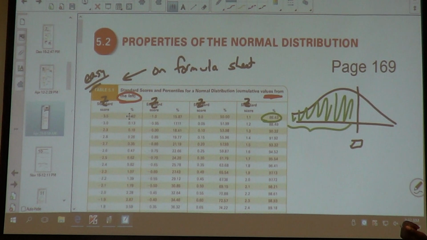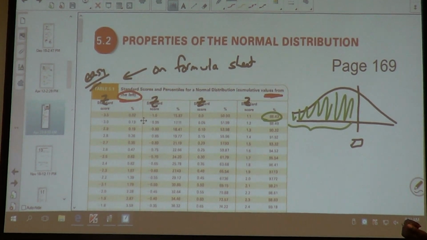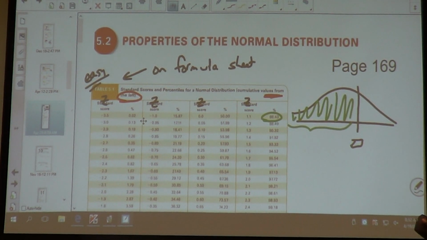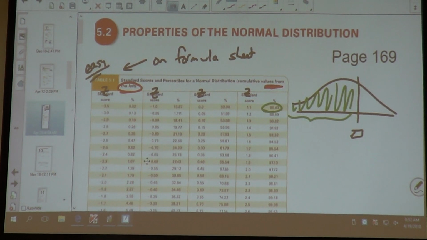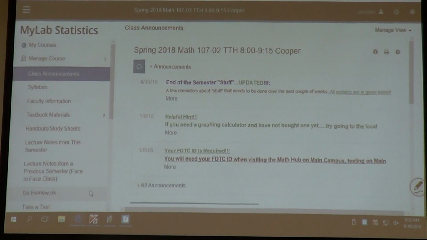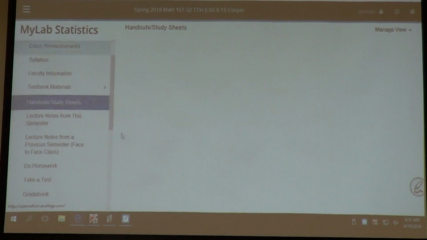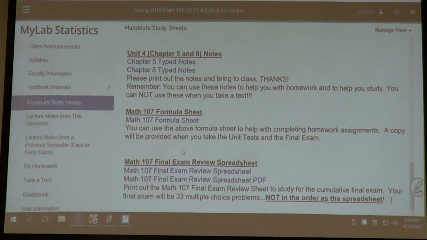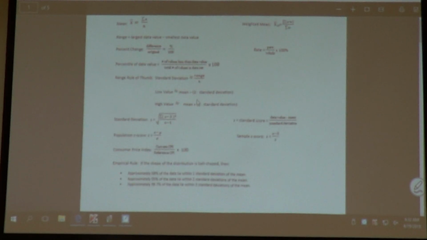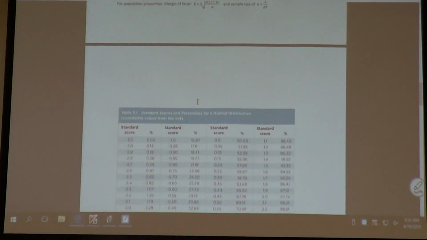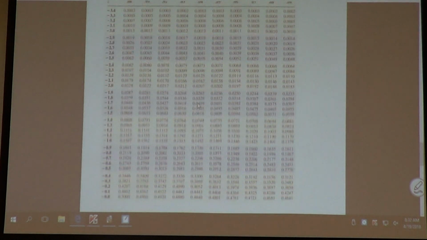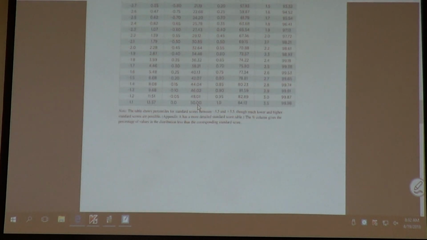Alright, this page is O. Let me show you, I'm just going to show you the formula sheet. On your final exam, I do give you a formula sheet because some of the stuff on the formula sheet you will need. On the formula sheet, the last 2 pages of the formula, or the last 3 pages of the formula sheet, there are,